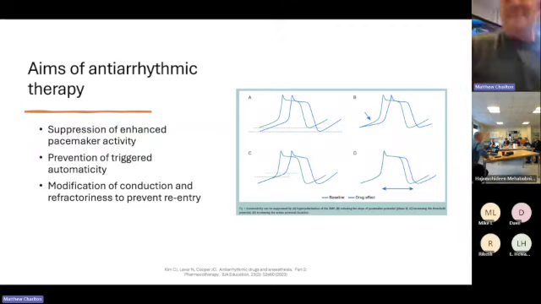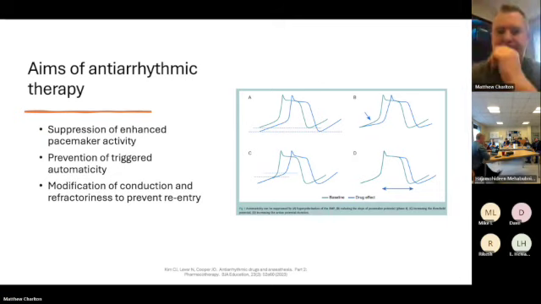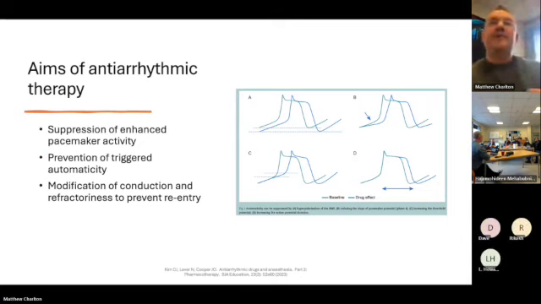Okay. What about C? Yeah. So what's happening? You're right. Fantastic. Threshold. Yeah. So you're increasing the threshold potential. So you can either block calcium channels, because we know that they're involved in that pacemaker potential, or you block sodium channels, because obviously they're involved in the funny current. And then D,